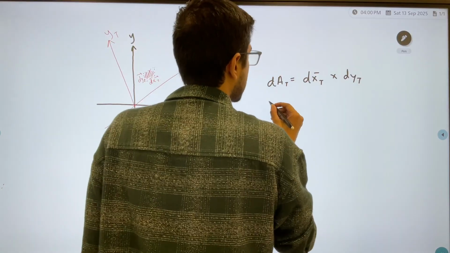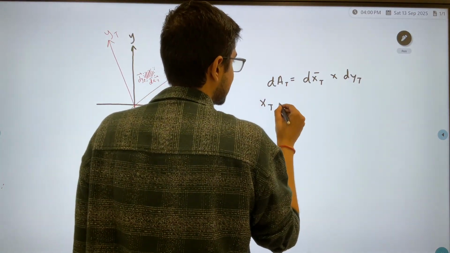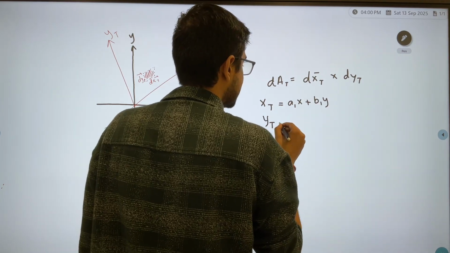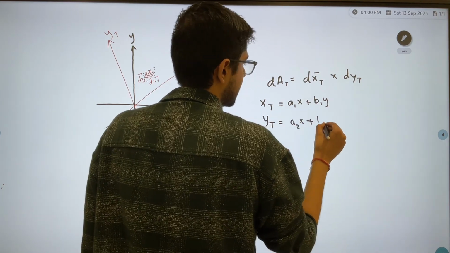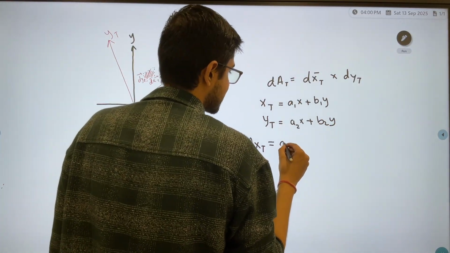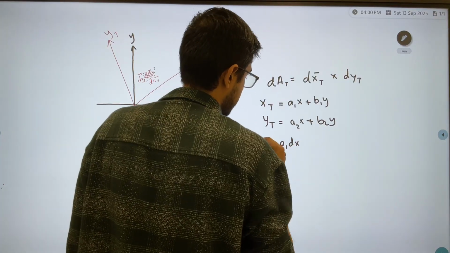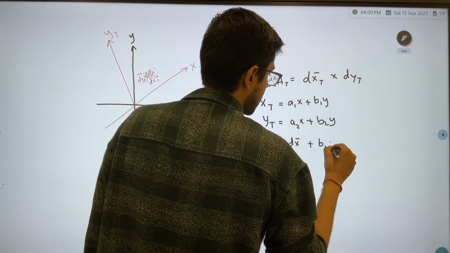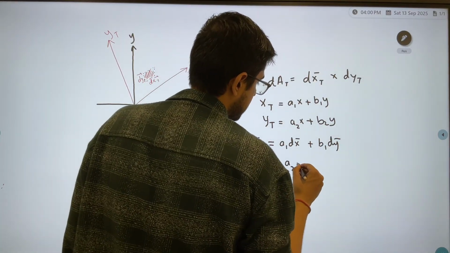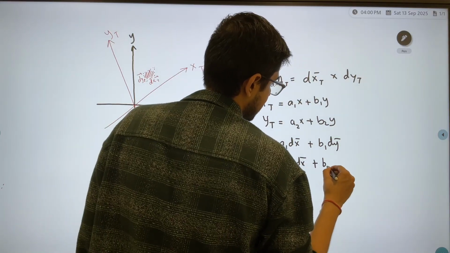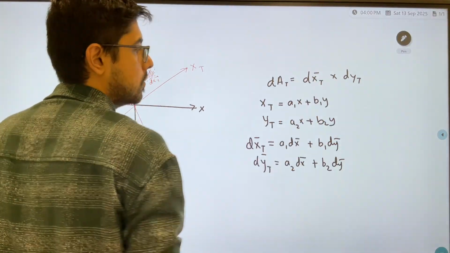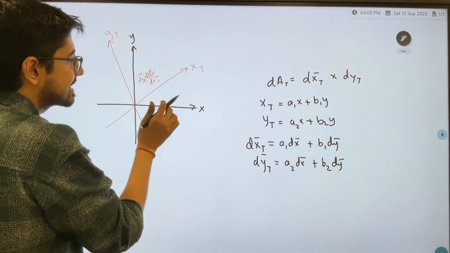Now, I also know that xt is a1x plus b1y, yt is a2x plus b2y, which will mean dxt is a1 dx plus b1 dy and dyt is a2 dx plus b2 dy. So far with me? And now when I do the cross product, given that dx and dy, which are in